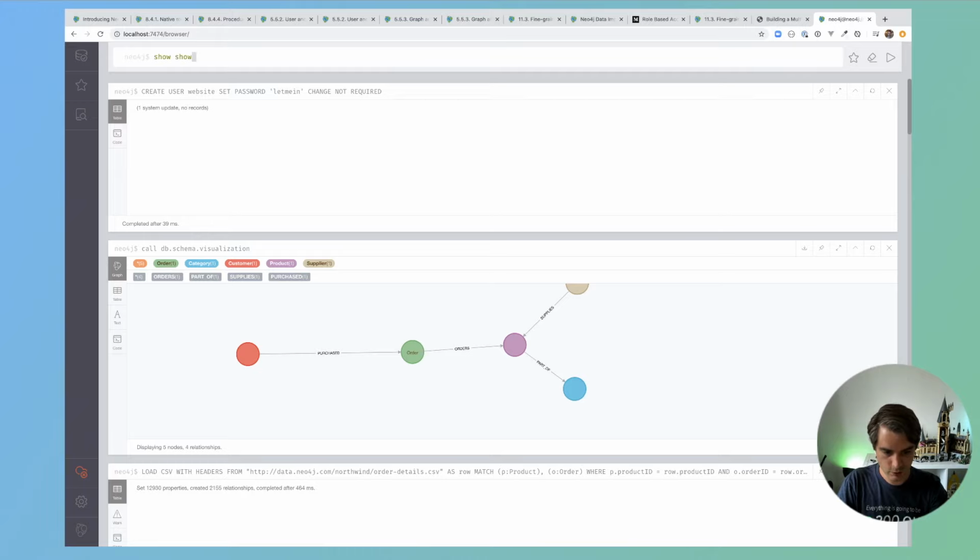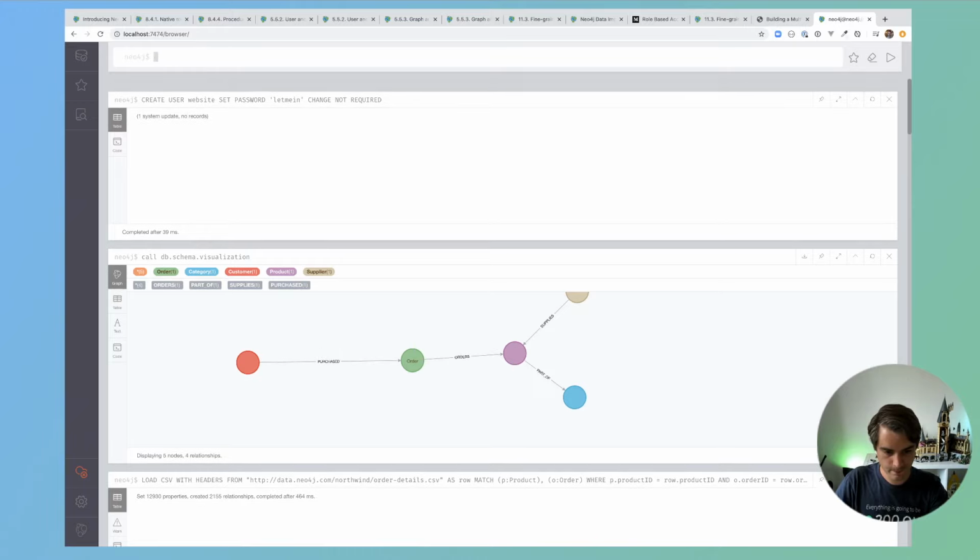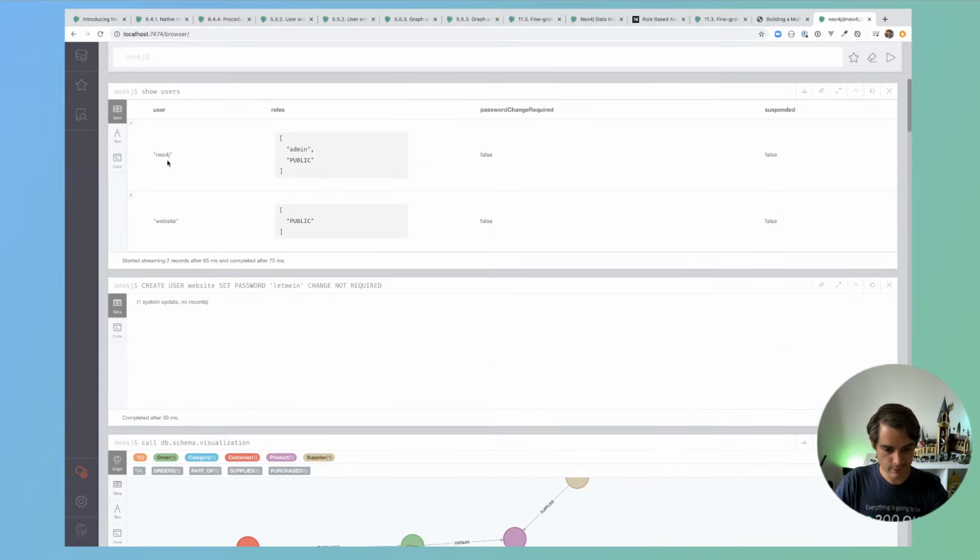Cool. And if I say show users, I can now see that we have the Neo4j user that we're logged in as at the moment, which has a role of admin and a role of public, and this new website user that we've created with a role of public. So this public role is a new feature of 4.1,